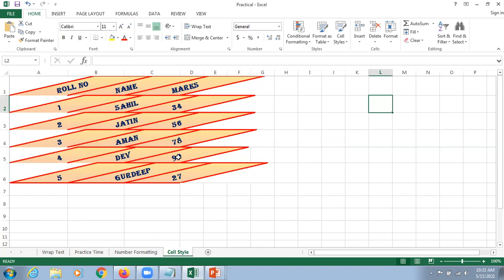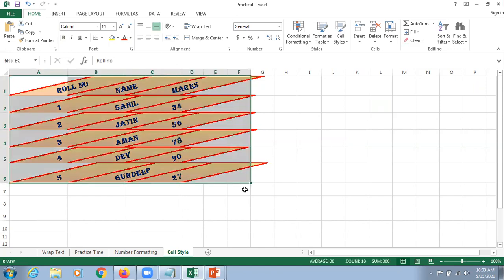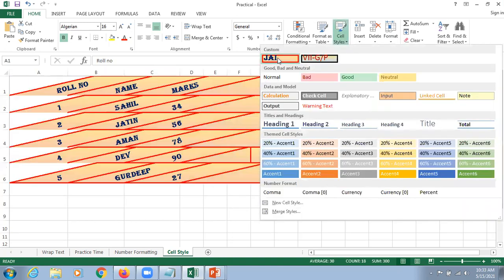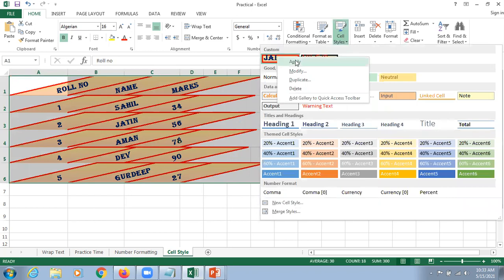So what we can do, if you think that this is not a very good thing, that you want to make any modifications, we just right click here on J, and then we can click on modify here.